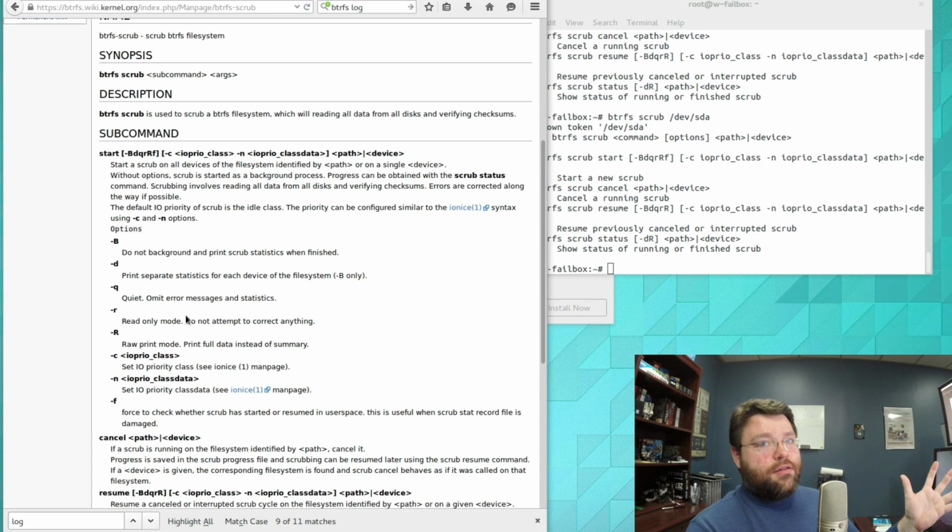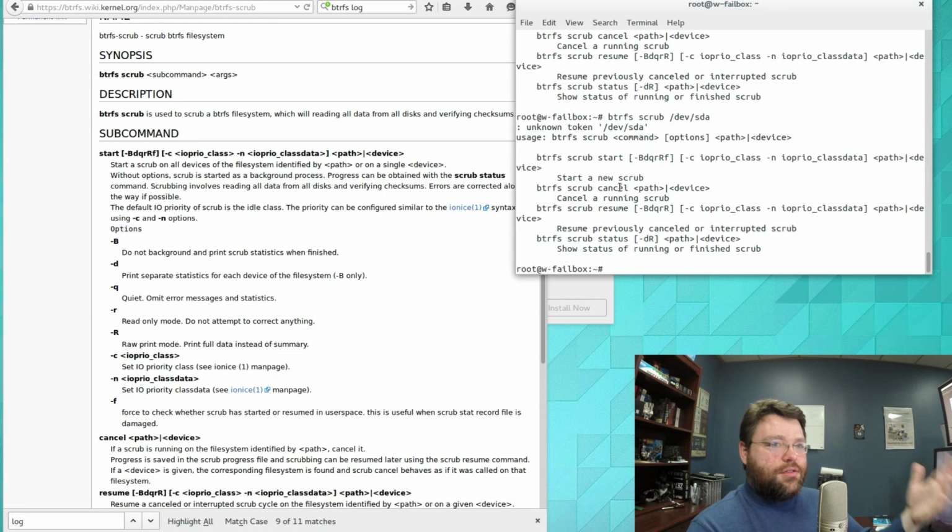And unlike the situation with MD and the LSI RAID controller, it actually knows which one is corrupt and which one isn't because of the hashing and the MD5 sum calculations and that kind of thing. It's not just that it's reporting bad data and it's like, oh, I don't know which one of these to use. There's actually mathematical clues as to which one is the correct one to use. And so to do that, we just need to do btrfs scrub start -B -d because we want to actually output this. And we're also going to specify -r, which is not actually going to correct any of the